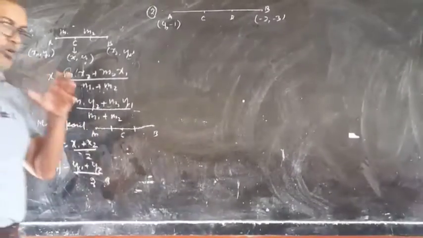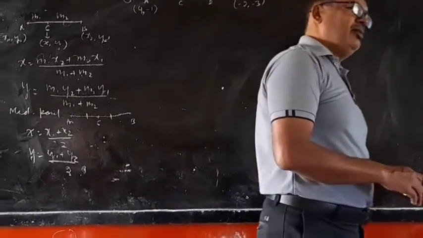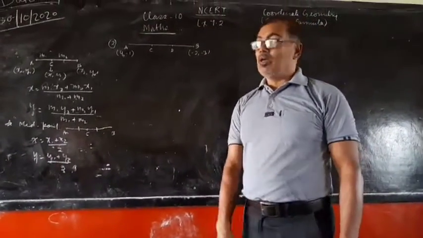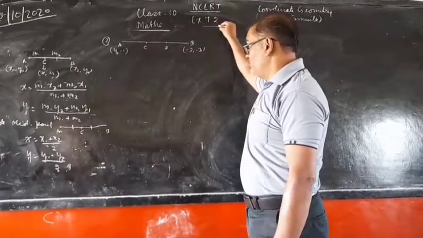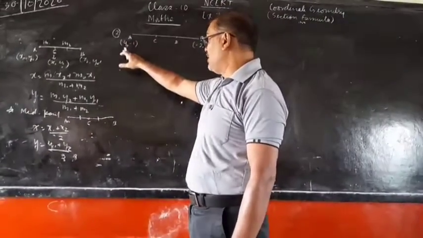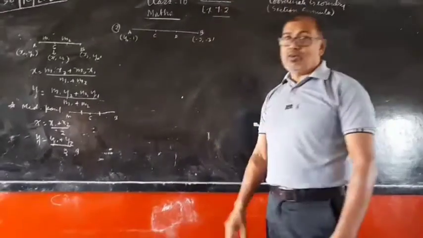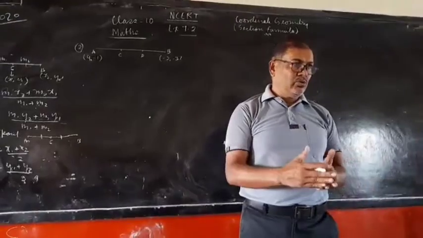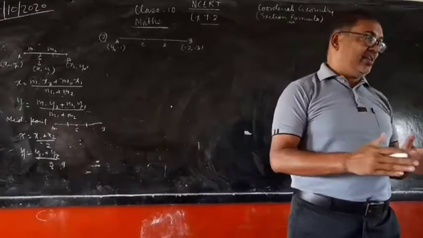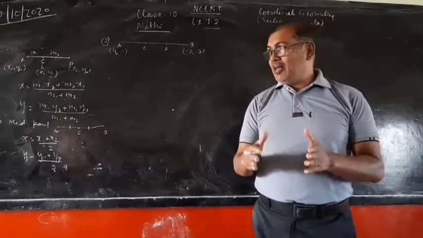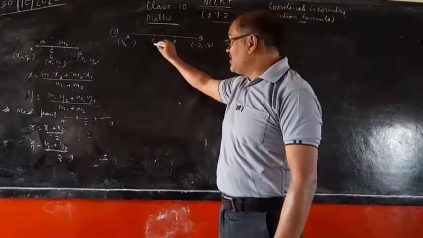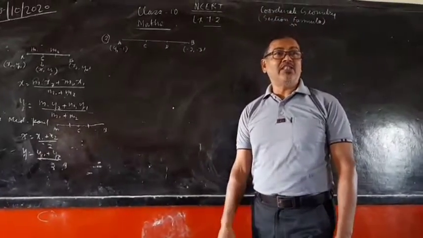Now, for the practical use of this derived formula which we have discussed, I have taken question number 2 from NCERT exercise 7.2. We are given 2 points A and B having the coordinates (4, -1) and (-2, -3) on a Cartesian plane. Cartesian plane means graph. Then this distance has been trisected, that is, divided equally into 3 parts, by C and D. In this condition we have to find the coordinates of C and D.